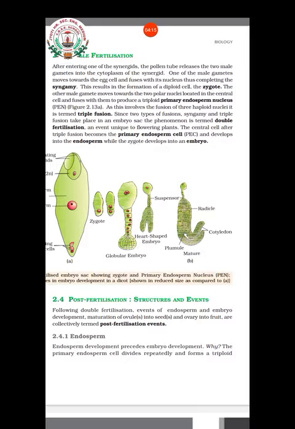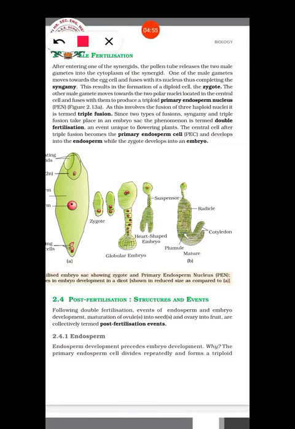and the other male gamete fuses with them. It will fuse with what? The polar nuclei of the central cell. You can understand there are 2 nuclei in the central cell, isn't it? Are they haploid or diploid? They will be haploid. Why? Because they are produced after meiosis. So there will be 2 haploid nuclei, the polar nuclei. And the male gamete is also what? Haploid. That also fuses with the polar nuclei and forms a triploid.